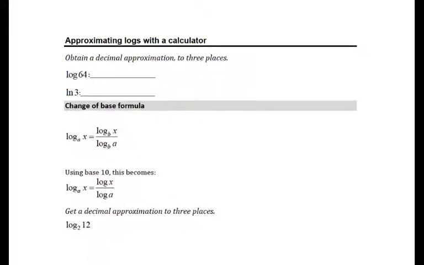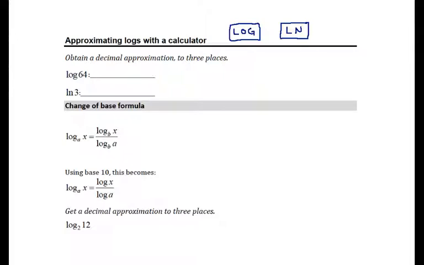To approximate logs with a calculator, sometimes we can just plug them directly into a calculator. Most calculators have a log button, which will do base 10, and a natural log button, which will do base E. Some calculators have a log to a general base button, but some of them don't. And even if they have that, it can be a little bit confusing sometimes exactly what order you're supposed to write your arguments in. So it's good to have another way that we can evaluate any log using just one